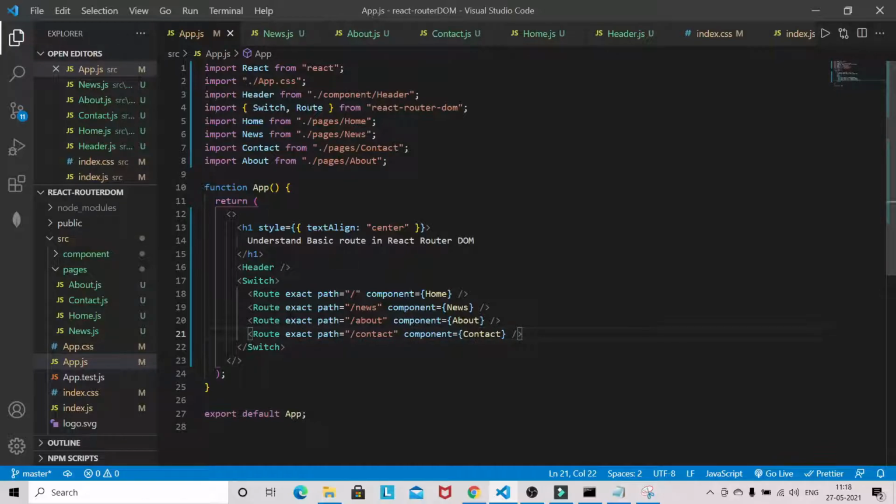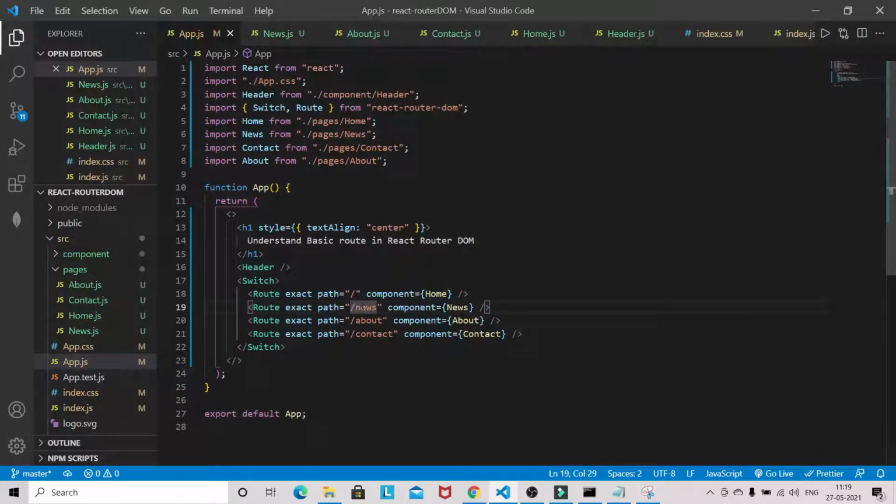Exact means that after the slash, it will look only for the slash. It will match only the slash, and if anything is different, it will display the other components. Earlier I hadn't put the exact keyword, that's why it was rendering the same home component.